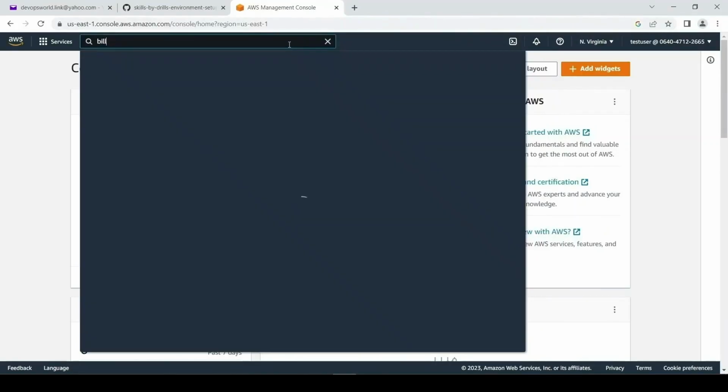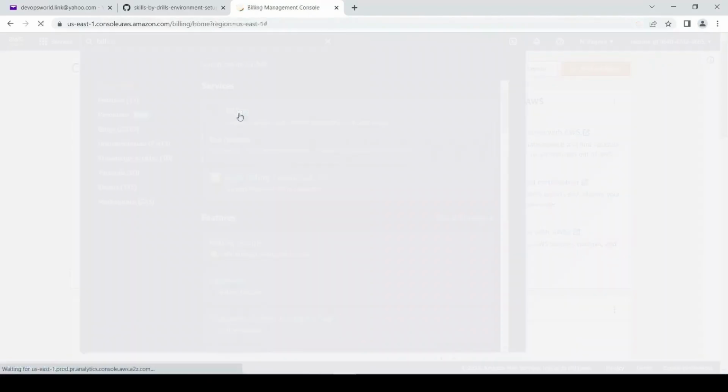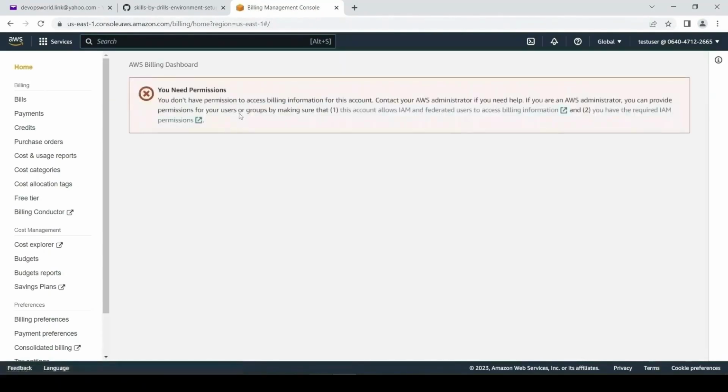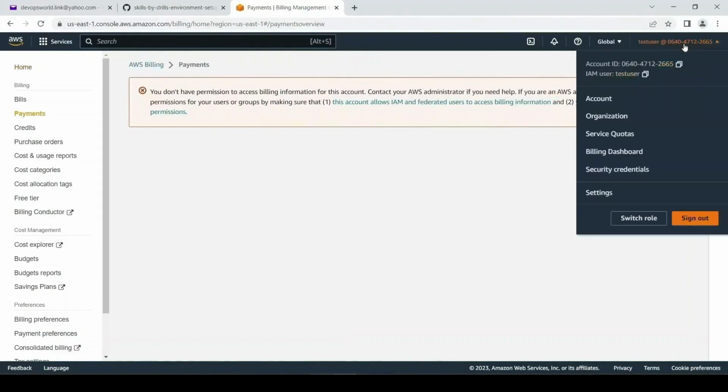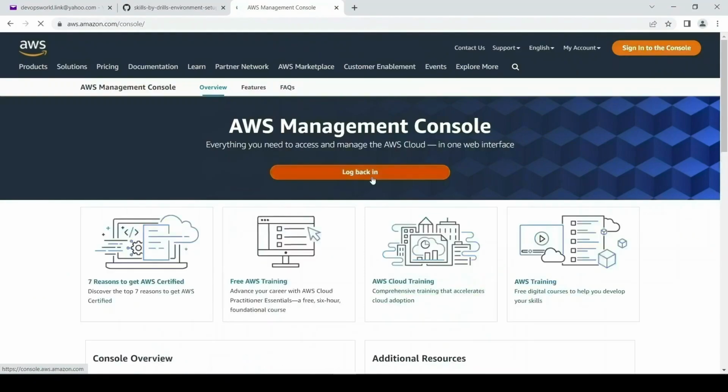Type billing or bills in the search bar, and then click on the billing service. Now the billing service page has opened, but as you can see, we do not have enough permissions. Apparently, the administrator access policy that I have attached to my test user doesn't have enough permissions to use the billing service. Let me sign out,